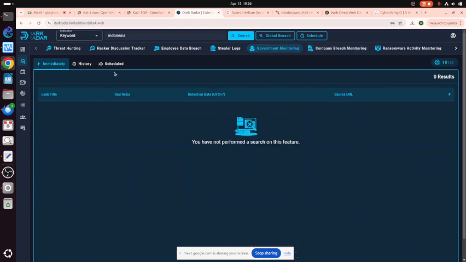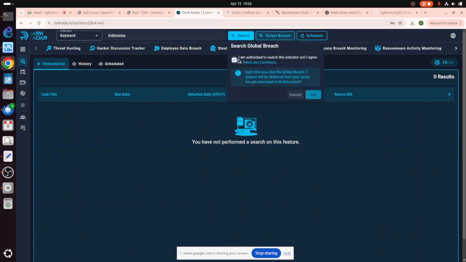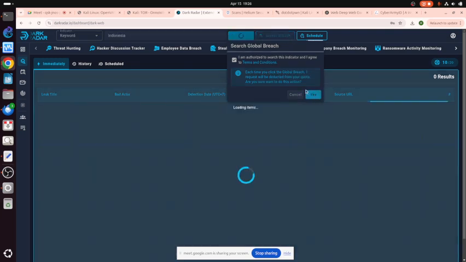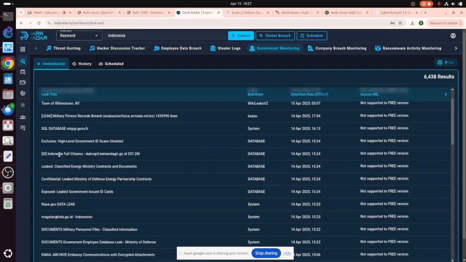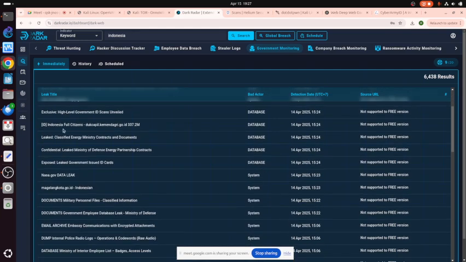The more brutal thing is the government. Let's see the global government first. Okay. So this is the bad actor. This is Venezuela. This is US, Oregon, New York. Wow. Military fitness record breach. Okay. Mil.bo. Where is BO? I don't know. FR is French. Wow. Okay. This is our big trouble here.